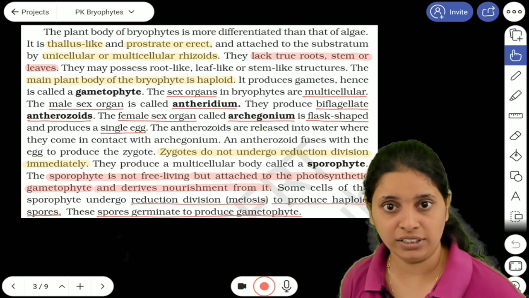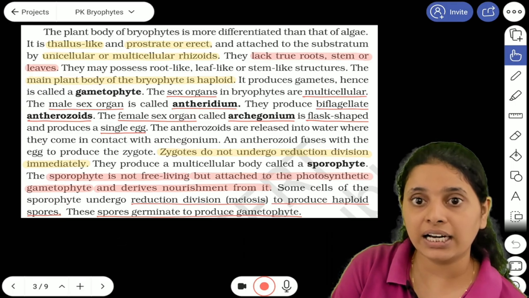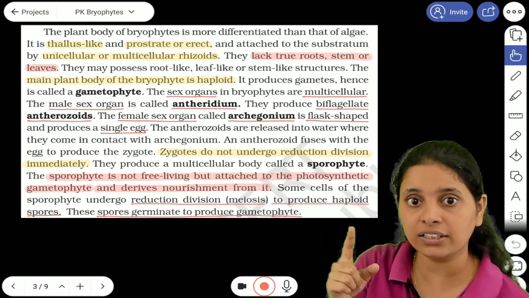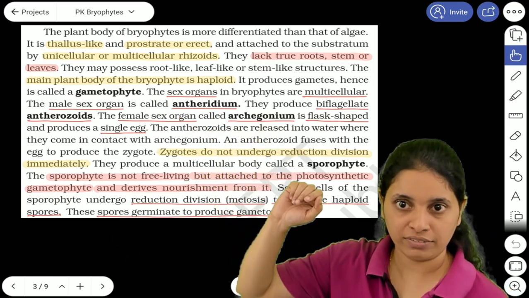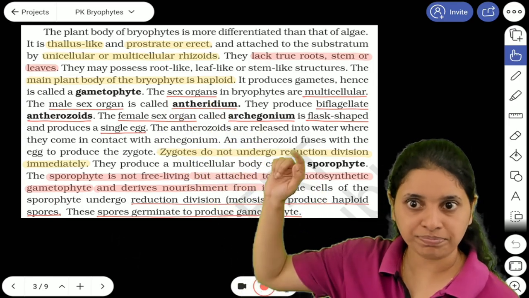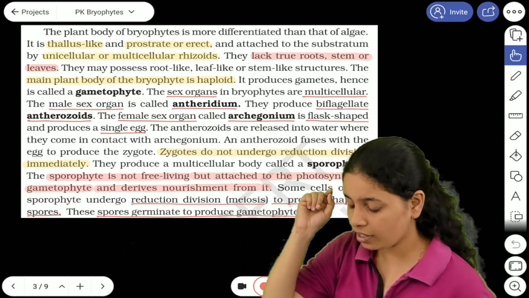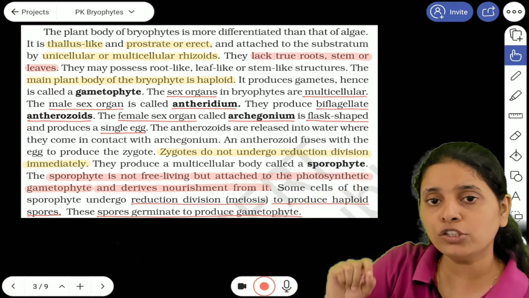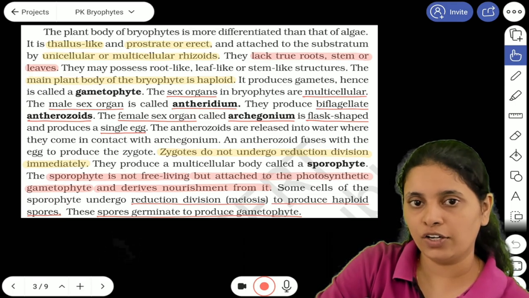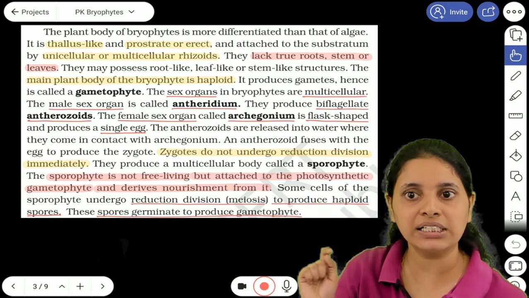Next, the main plant body. ओके, मेन प्लांट बॉडी क्या है? जैसे हमने पहले देखा लाइफ साइकिल जो हमने ड्रॉ किया था उसमें हमने क्या देखा है? मेन प्लांट बॉडी is the haploid gametophyte, right? It will produce the sex organs which are multicellular. Okay, ब्रायोफाइट्स में सेक्स ऑर्गन्स कैसे होते हैं? मल्टीसेल्युलर. ठीक है, also they are covered by a layer of sterile cells, so we call it jacketed. Okay, multicellular and